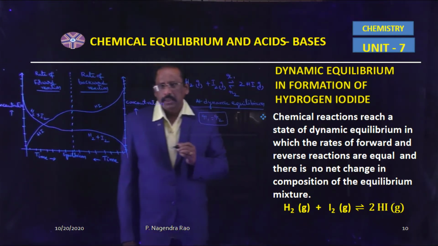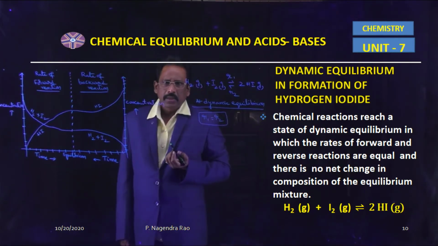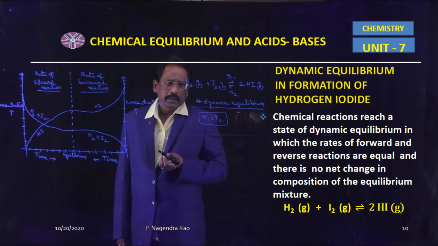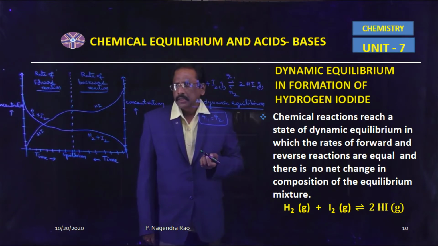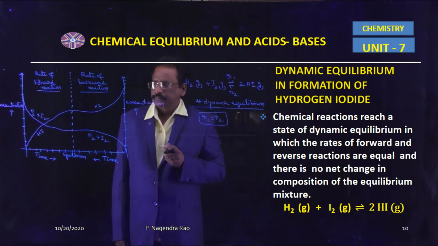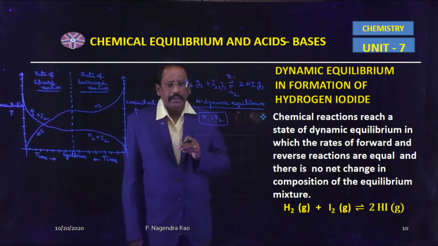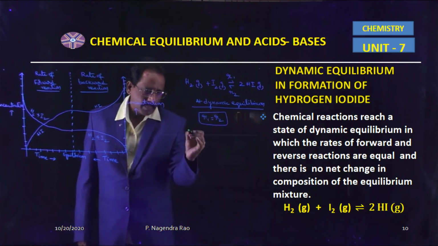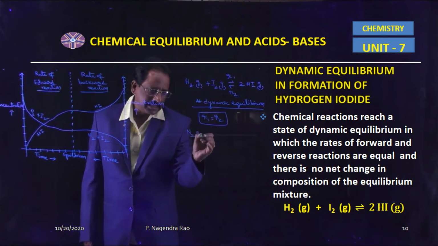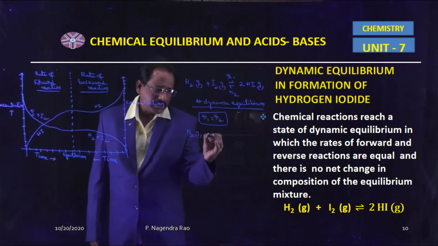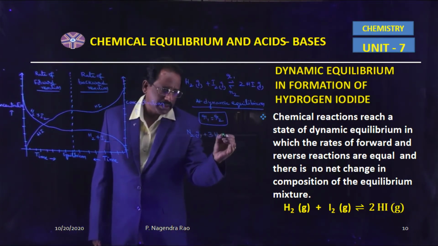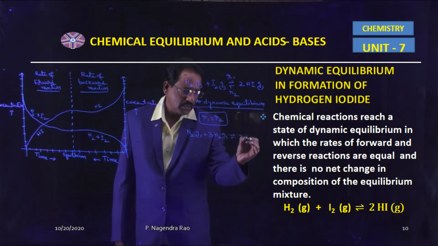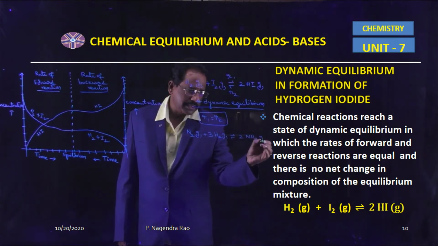So this is an example of how the dynamic equilibrium is in chemical phenomena. Here the chemical reaction is between H2 and I2. And some more examples: when nitrogen gas combines with 3 moles of hydrogen gas, it is also in dynamic equilibrium with 2 moles of ammonia gas.